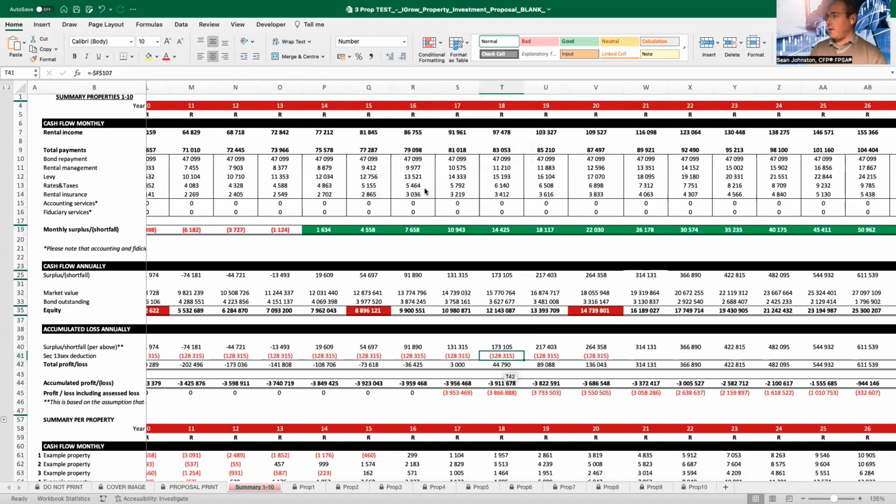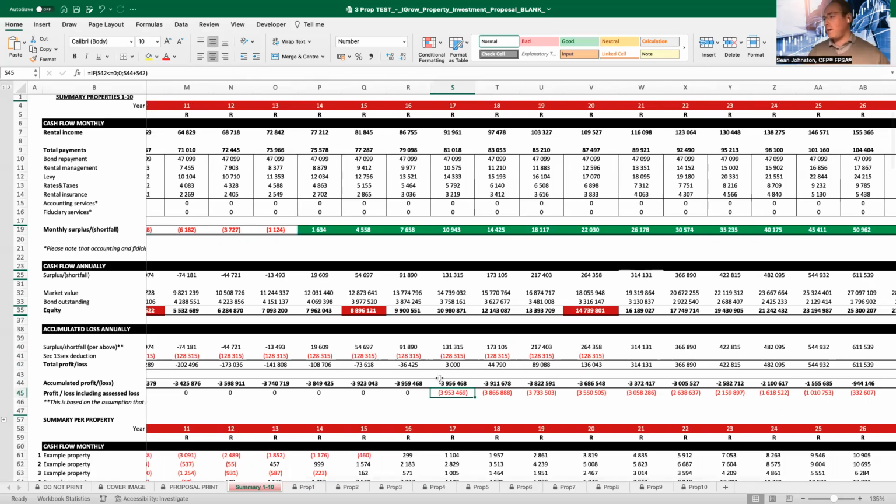And we can see over here that there's now a profit being made of 3,000 Rand because the annual income of these 5 properties exceeds the Section 13 deduction. So it's 3,000 profit. However, now you need to start applying those assessed losses and start reducing them, because now